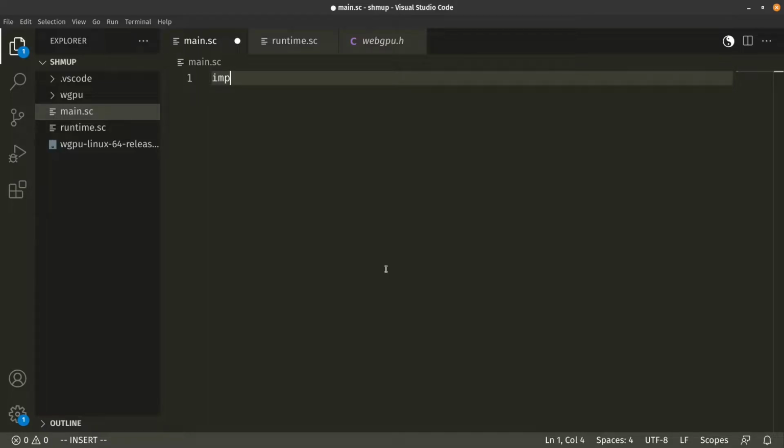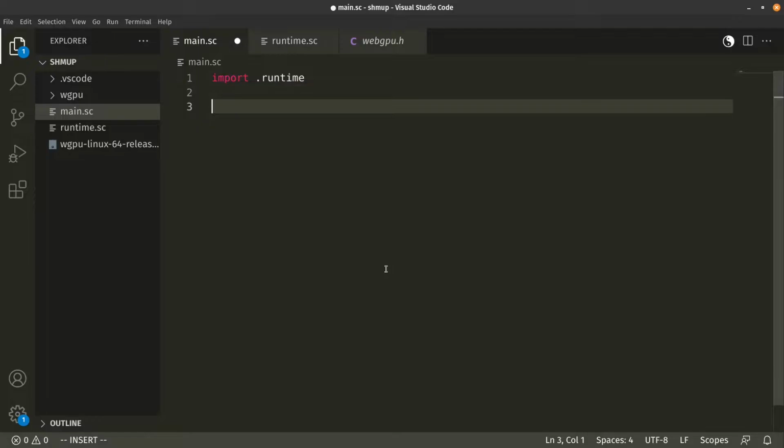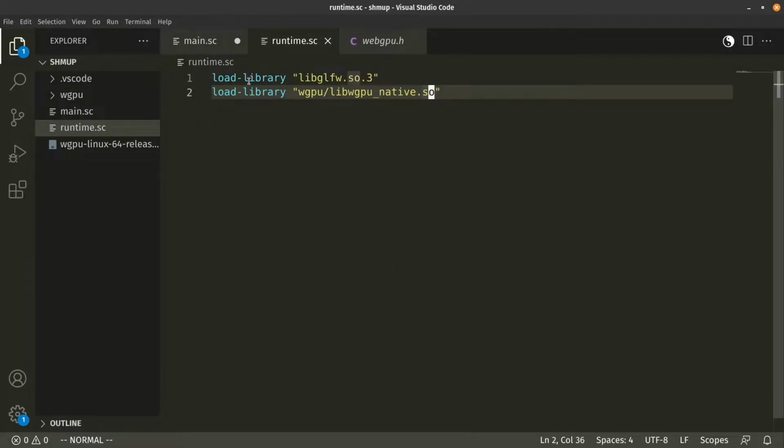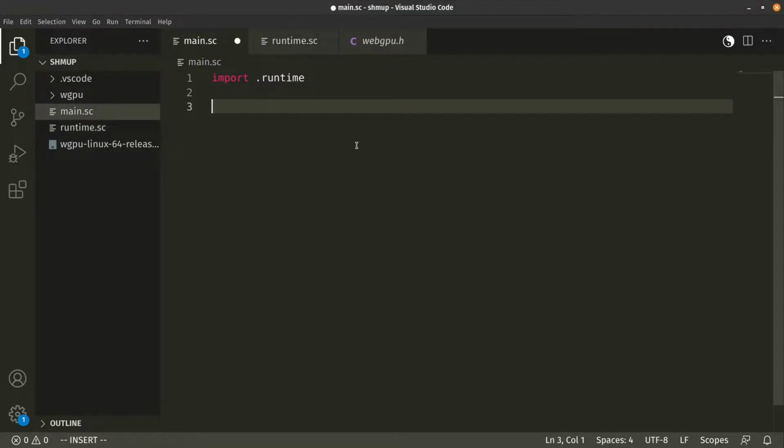Maybe first things first, we gotta import a runtime. So basically what happens here is I import this file, it's executed, it loads these shared libraries at runtime, and then it kind of works as if I had linked them. It uses the LSIM in the background, so that's fun stuff. Okay, and then we have